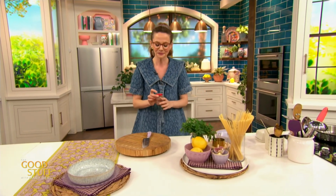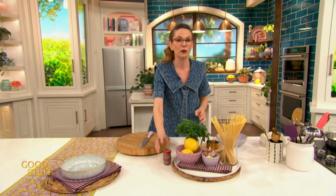So today I'm going to show you how to make my anchovy butter pasta. I'm excited. Now, not only is this dish using a very small ingredient as the star, it's also very small on time and effort, so it's a win-win-win in my book. So first thing we want to do, though, to get started on this dish is get to work on a